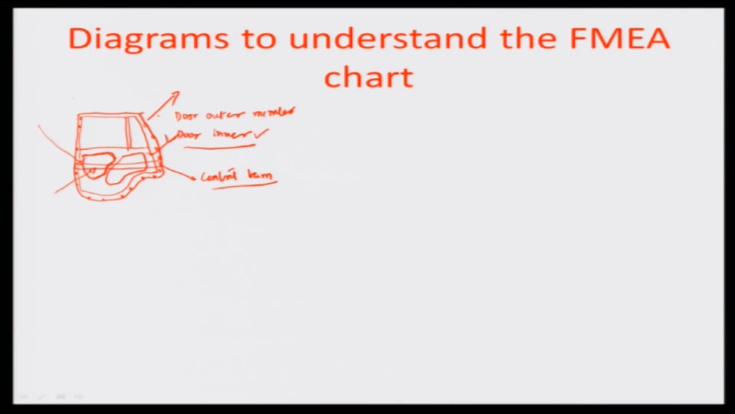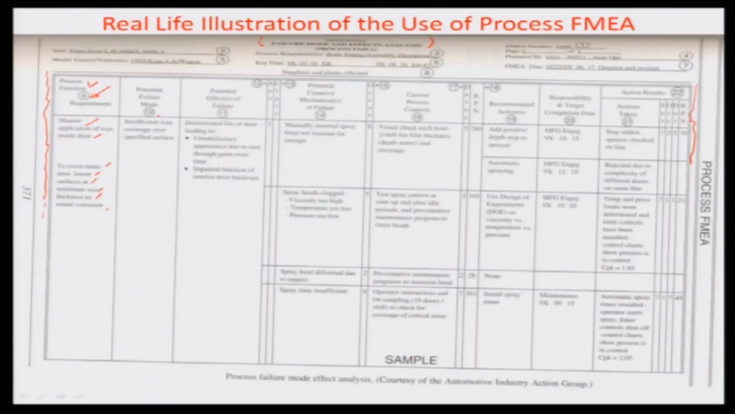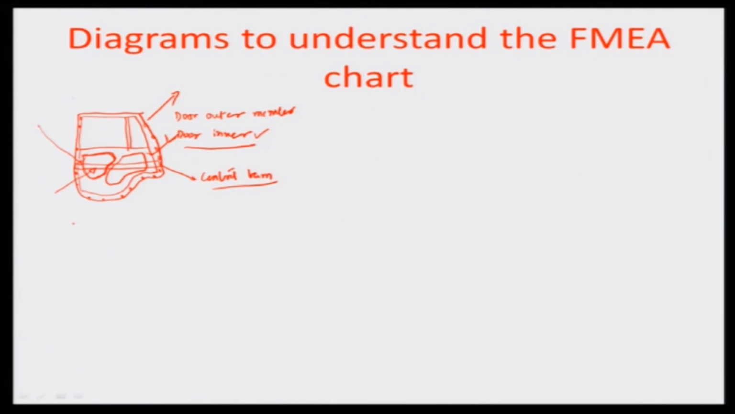So it's a very, very complex unit, and obviously the purpose, as you can understand here in the FMEA, is the application of wax inside the door, and to cover the inner door lower surfaces at minimum wax thickness to retard the corrosion. So the purpose here is, when you have made the door outside and the door inside, you are able to somehow go inside these gaps into the space between the door inside and outside, and are able to apply wax in these particular regions, to ensure that if supposing there is